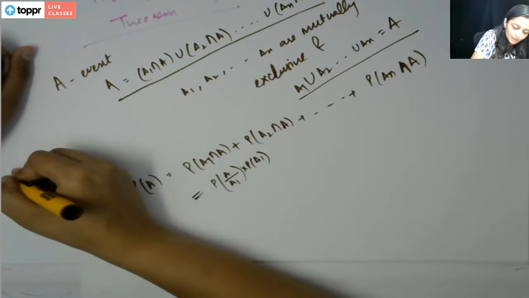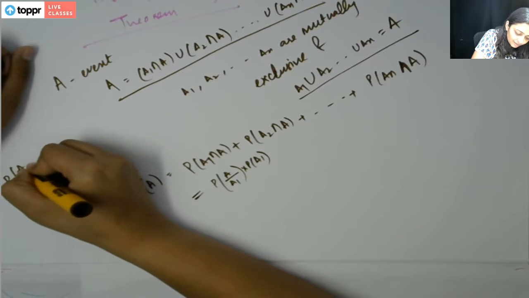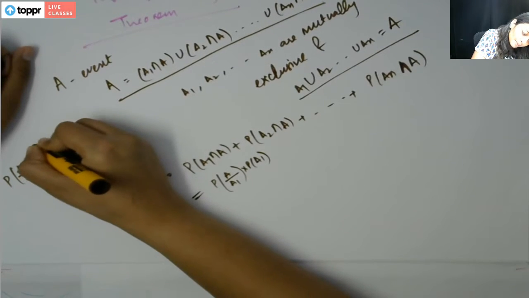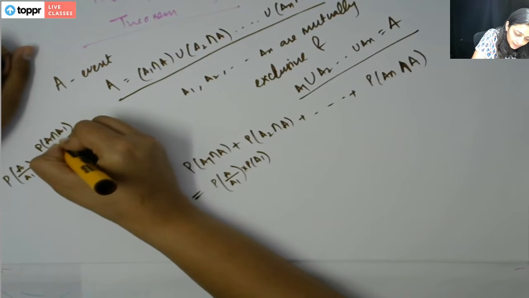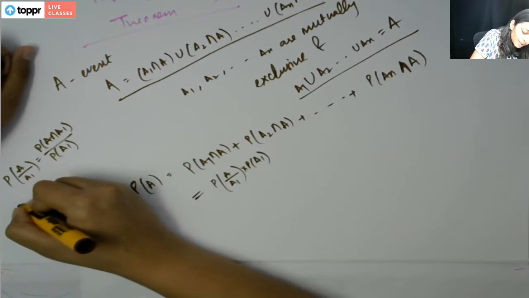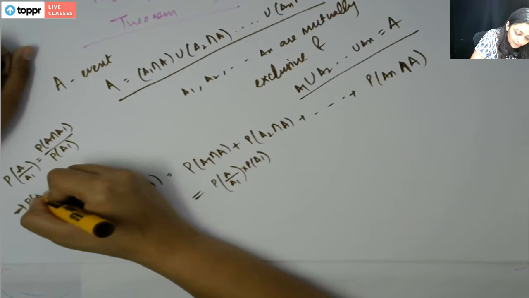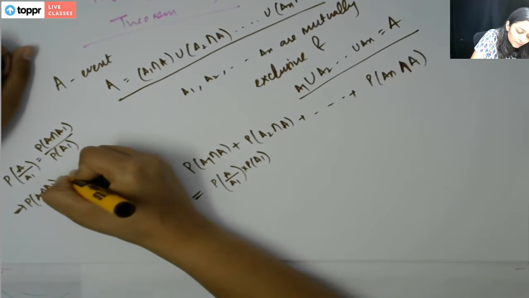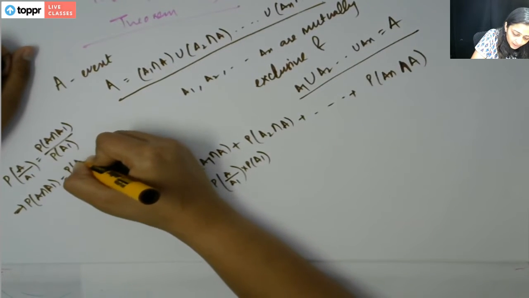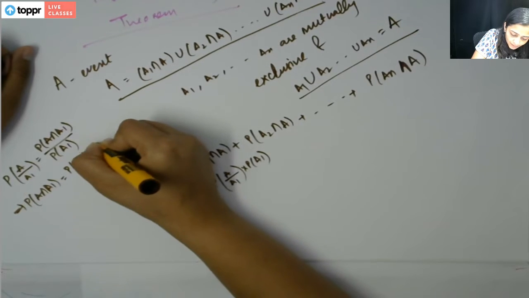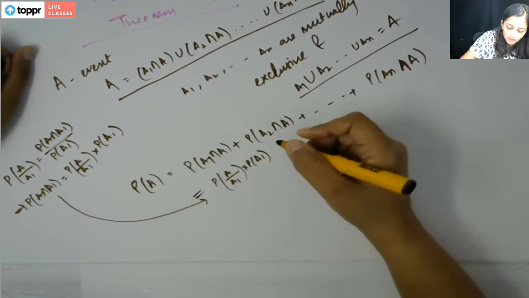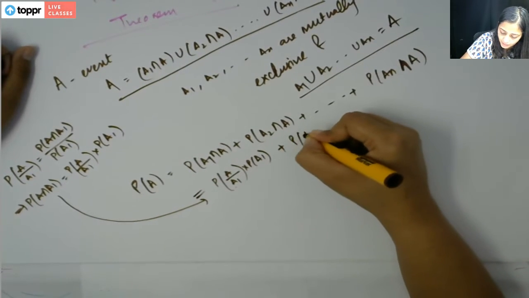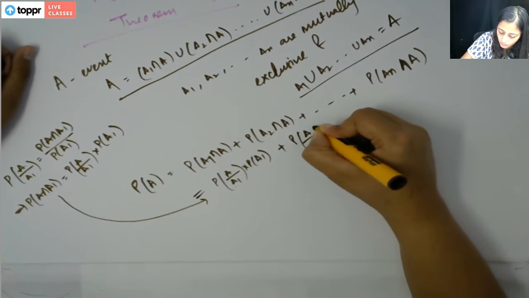As we have seen, the probability of A given A1 is the probability of A intersection A1 divided by the probability of A1. So from this we can conclude that the probability of A intersection A1 is equal to the probability of A given A1 multiplied by the probability of A1. The same thing we have used here, and we can write it for all Ais